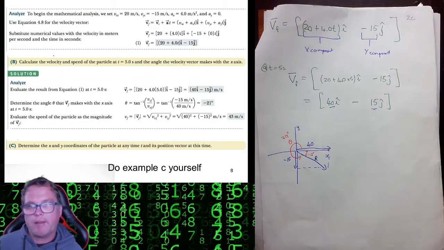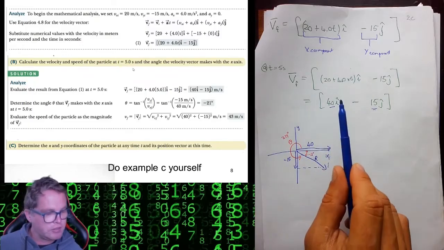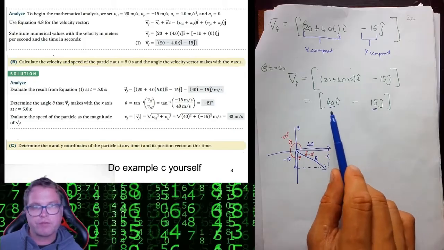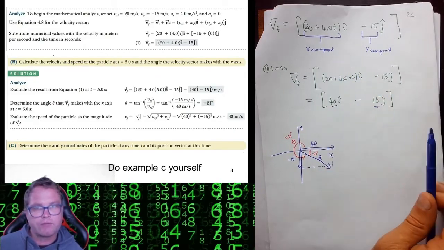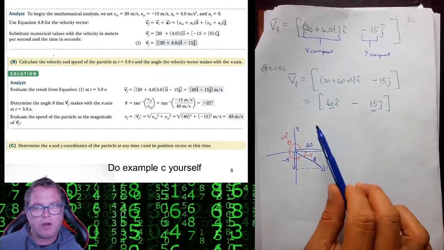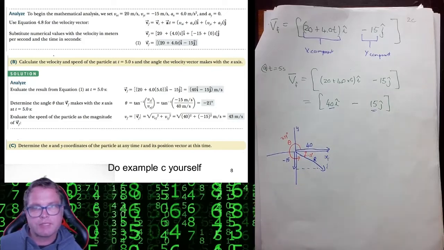So this is a general expression for the velocity that we've used to find the value after 5 seconds. But if we're asked to calculate the actual